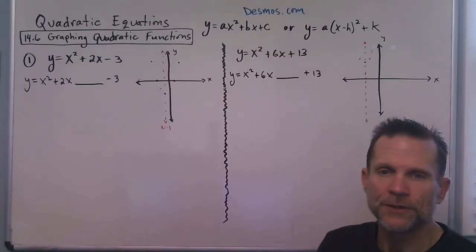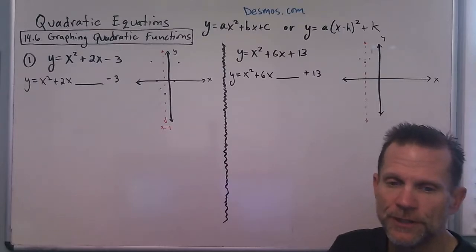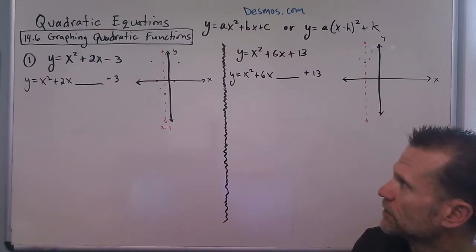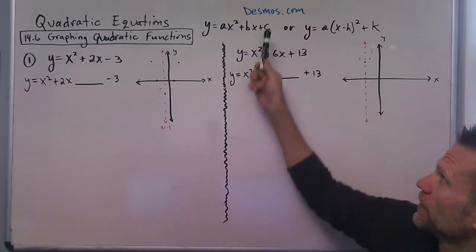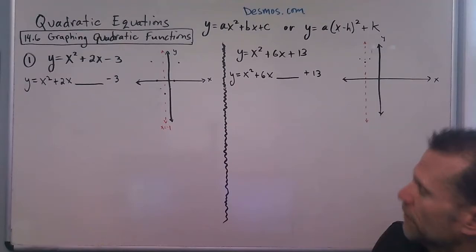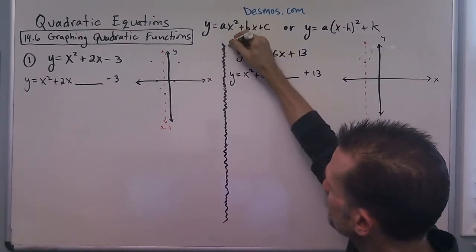Okay, moving on to 14.6, we will be graphing quadratic functions. They kind of guide you through it step-by-step in the Hawk system, and you might want to incorporate desmos.com. So looking at the first two problems here, number one, and then I forgot to number this, this is number two